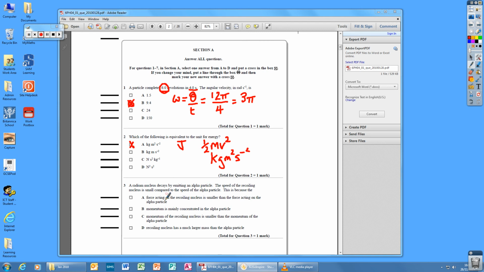Now moving on to the last one. A radium nucleus decays by emitting an alpha particle. Okay, an alpha particle, fine. The speed of the recoiling nucleus is small compared to the speed of the alpha particle. Okay. This is because